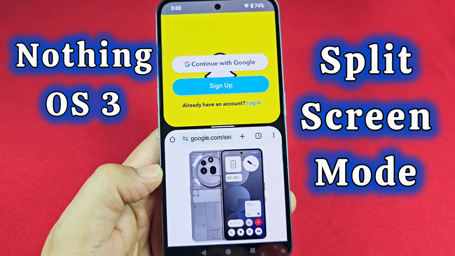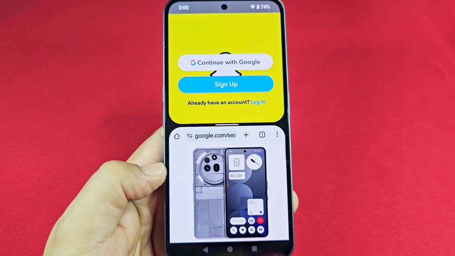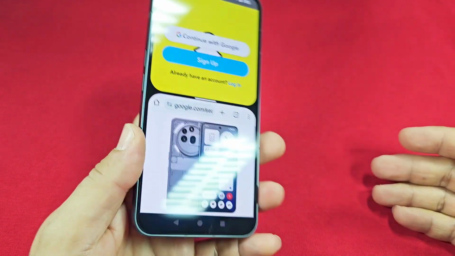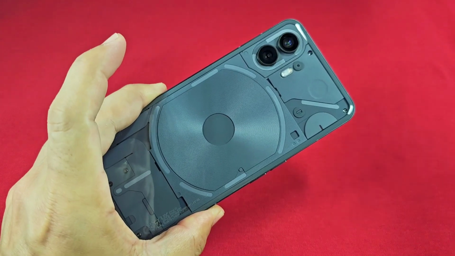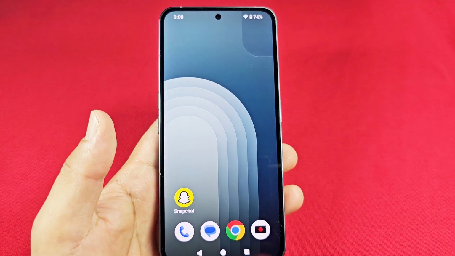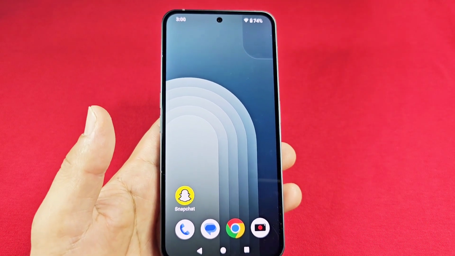How to go into split screen mode, and this is basically using two apps at the same time within one display. This is a Nothing phone with Android 15, Nothing OS 3. The fastest way to go into split screen mode is first, if you have some apps open already and you